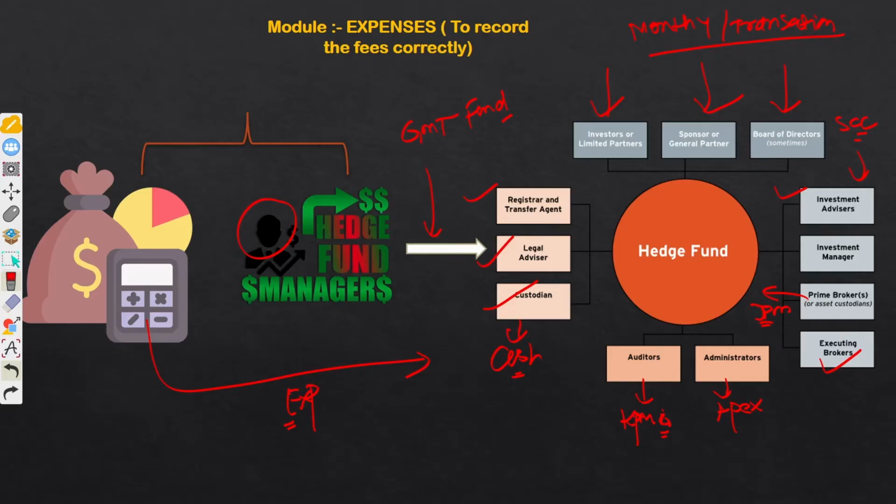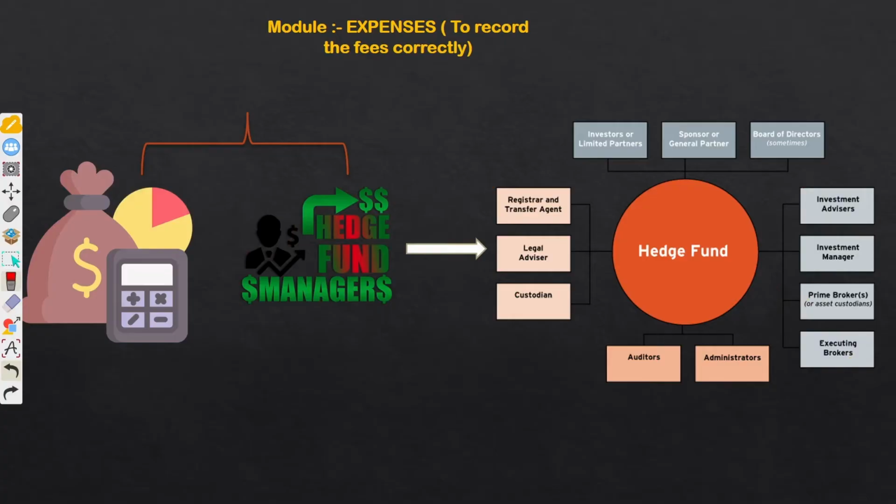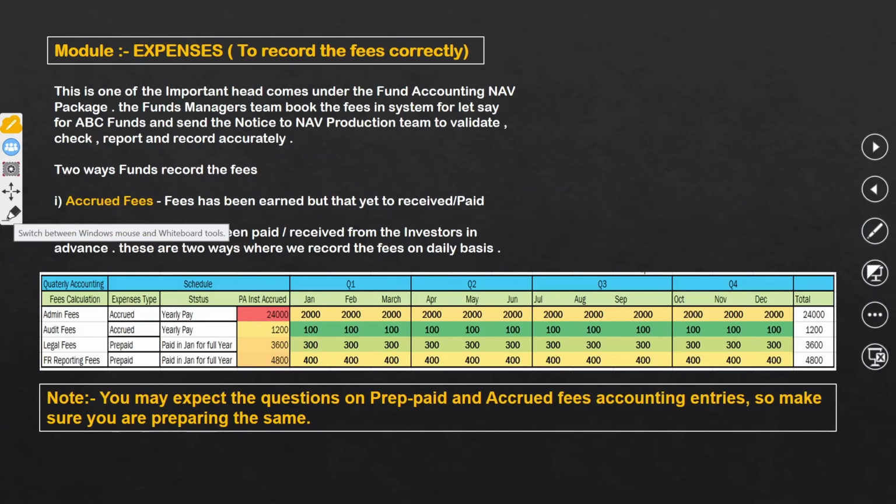And if you miss to update or book the expenses in the fund, it will directly manipulate or influence the net asset value of the fund. All right, so let's discuss the process of expenses, purpose, objective, and everything in detail. So if I talk about expenses,